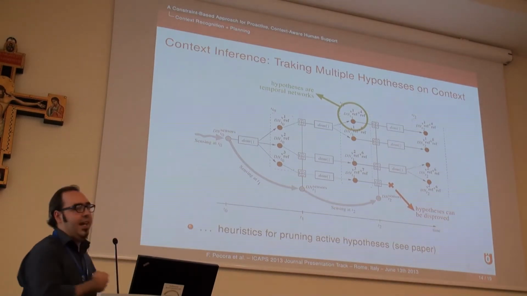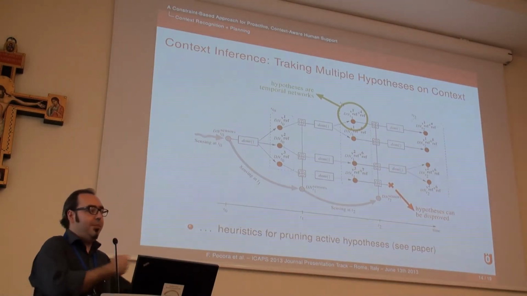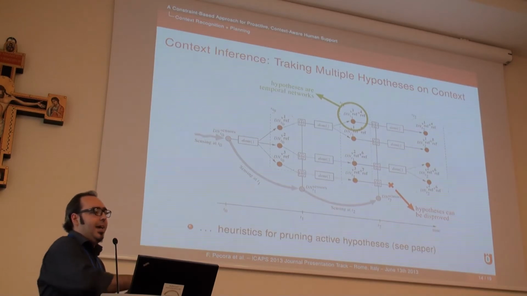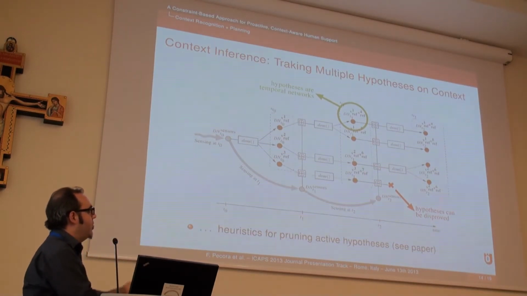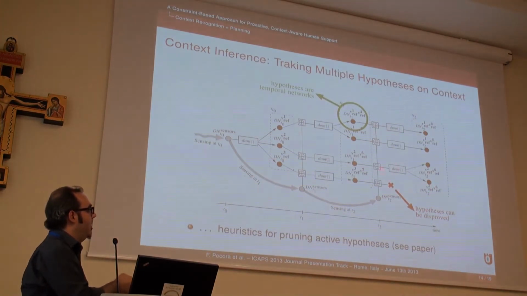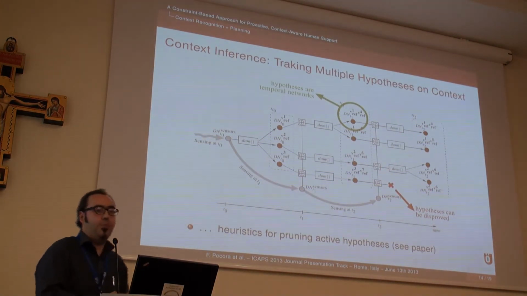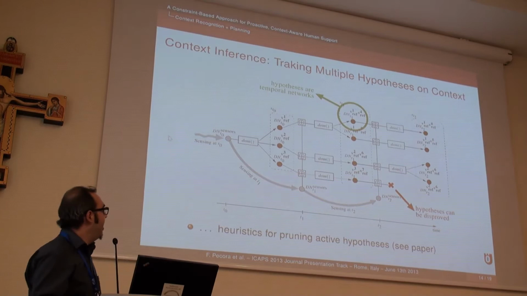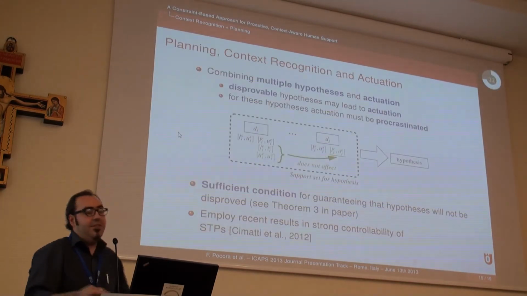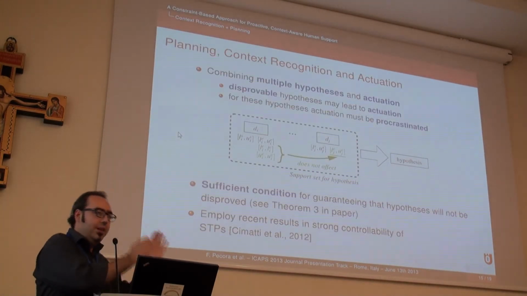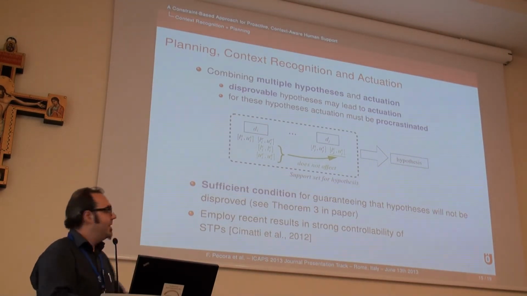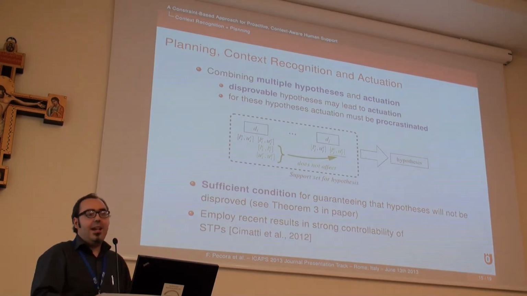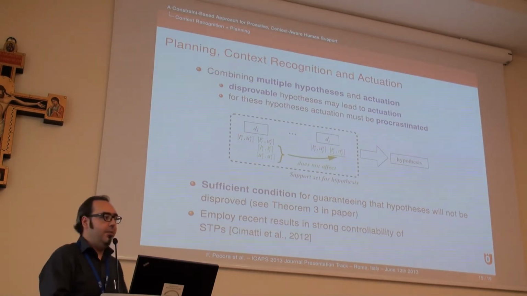Because we're not just doing activity recognition, context recognition, we're doing planning. And so we might plan as a result of recognized context. And if you're not sure what may or may not be disproved in the future, then you have to figure out what you're absolutely sure happened, what is certainly an explanation of the sensor trace, and plan only based on that and not based on other conjectures.